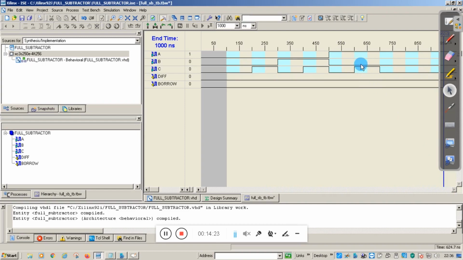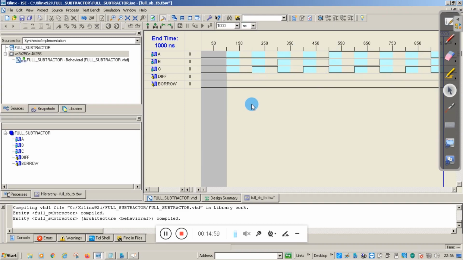Next one is 1, 1, 0. And the last one is 1, 1, 1. After that we will reset it once again to 0, 0, 0. So now we have given the input. You can check it by using the marker also, as I told in the previous video.